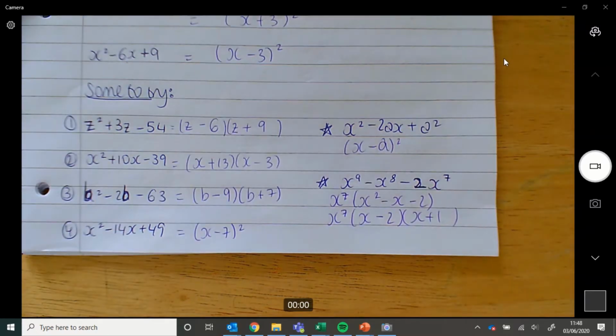Okay, the answers are now there. If you could please check them and mark your work. A special point, you can obviously have the brackets either way around, so z plus 9, z minus 6 would also be correct. The stretch